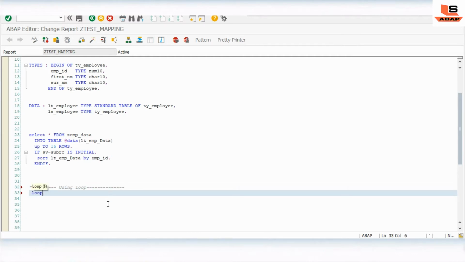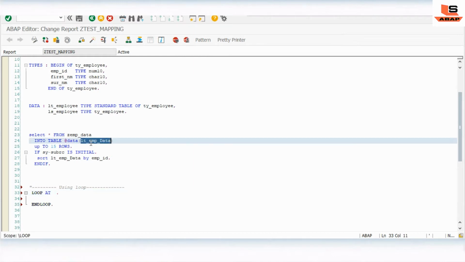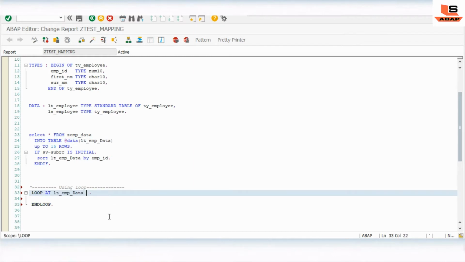We write the loop, taking the data into the work area ls emp data.